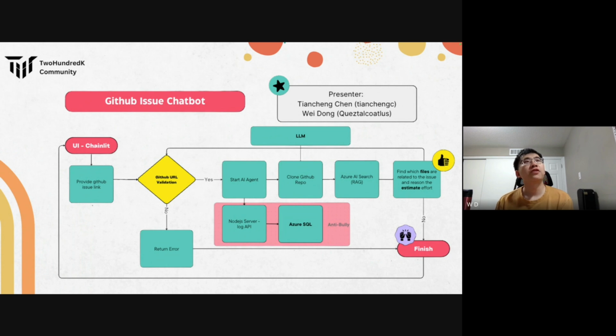So the user first provides a GitHub issue link, and then we validate whether this issue link is correctly formatted. If it is, we pass it to our agent. On the side we have a Node.js based API that tracks the number of requests from a particular IP to prevent denial of service attacks. And once we receive the GitHub issue link, we first clone the repo, check the file structure, and then